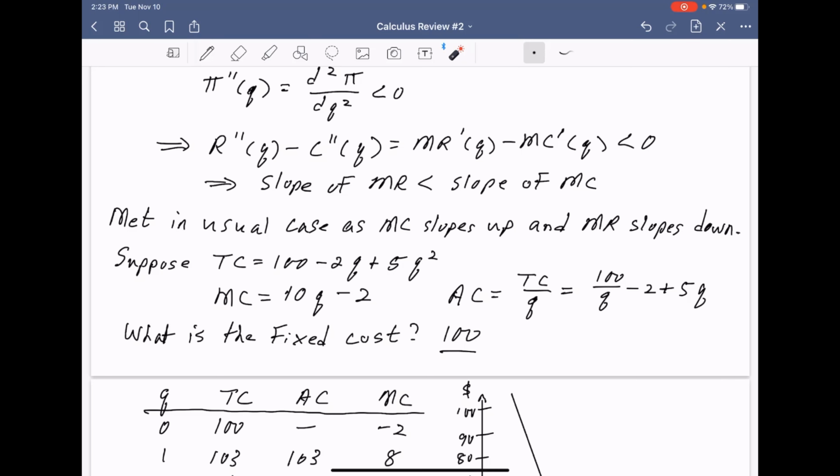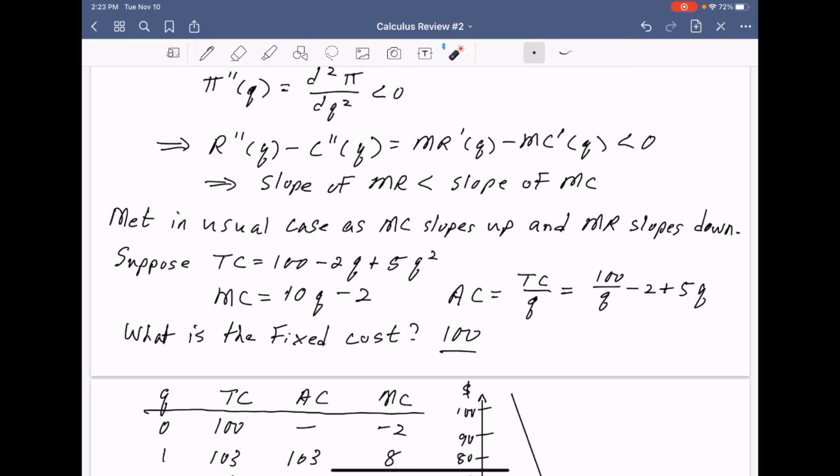However, there are cases where marginal cost and marginal revenue are both rising, or perhaps marginal cost is falling and marginal revenue is falling. I don't think that's right. Marginal revenue does not rise, it simply falls. So sometimes the marginal cost is falling as well, and then it becomes a little more difficult to determine whether this condition holds. Now suppose that total cost is 100 minus 2q plus 5q squared, then the marginal cost is